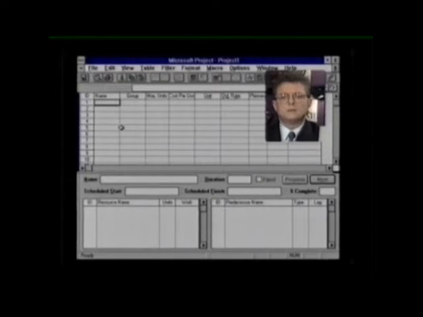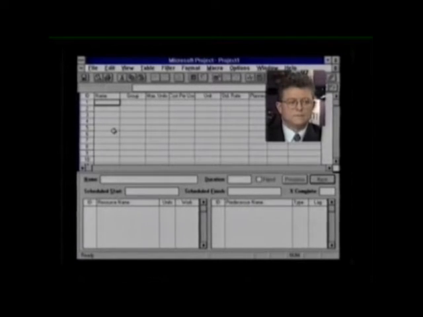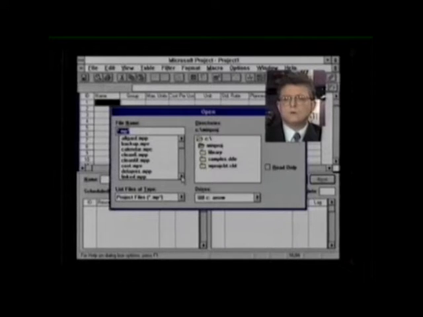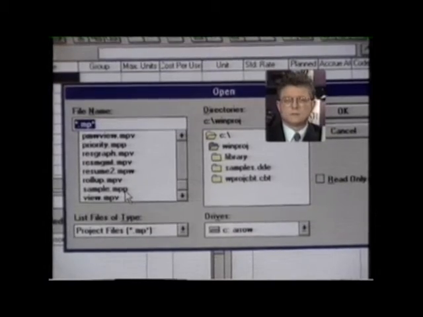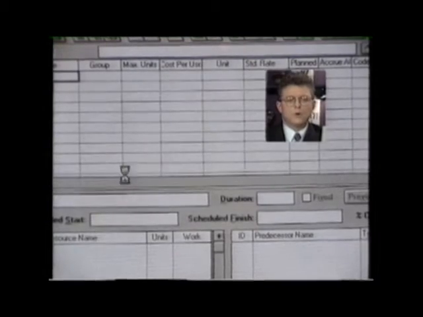You notice that this is at the top of the screen, but it would look more useful to us with some real data. So in order to do that, let's now open one of our sample files to show you what the views look like with some data. Click on File, Open, and scroll down the list until you find sample.mpp, a typical project for us to look at. Double click on Sample to open the file,